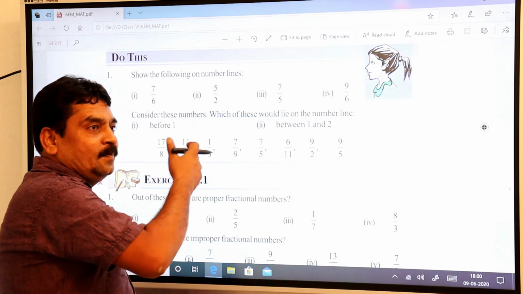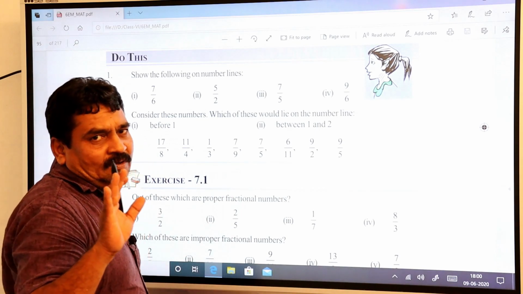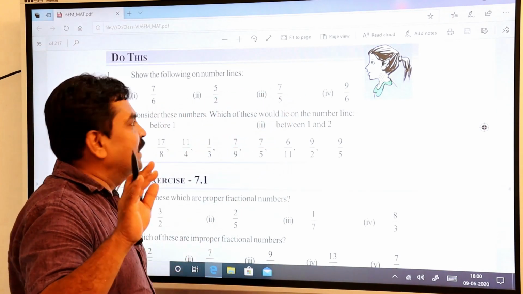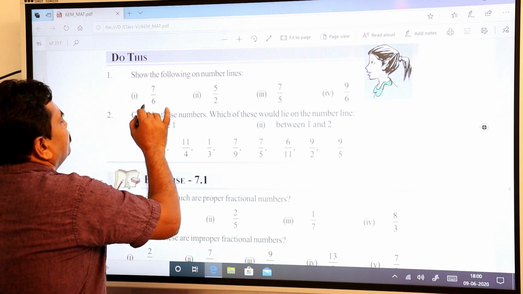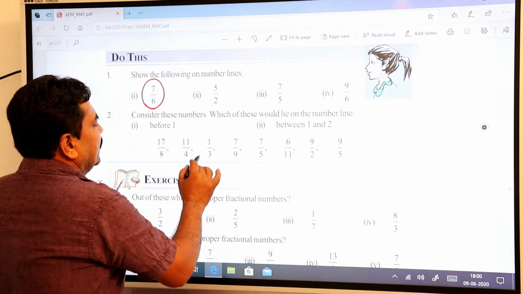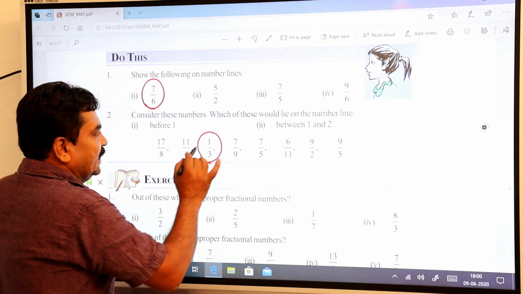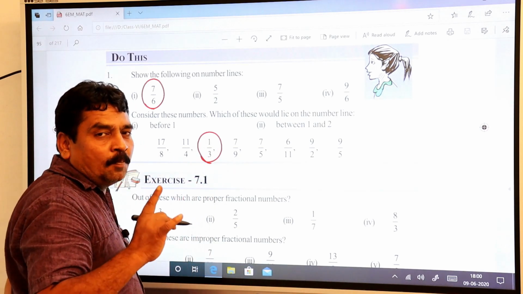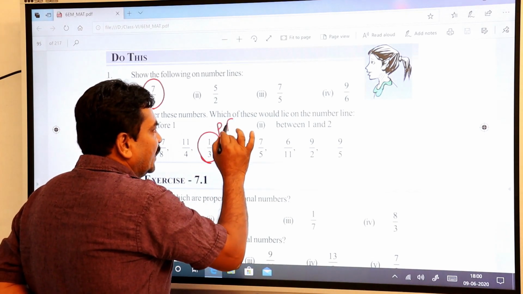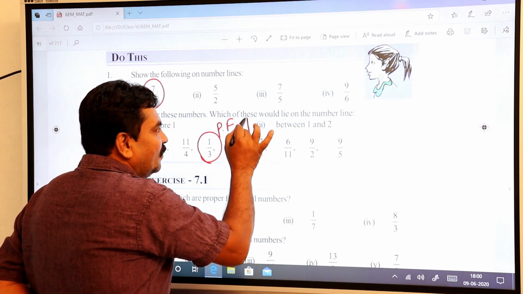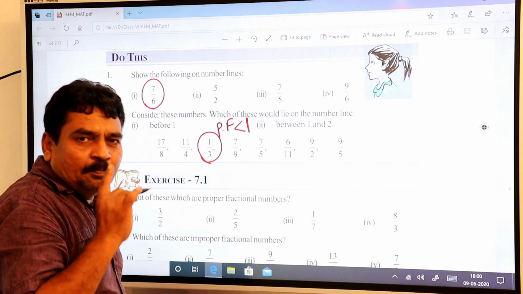That I am going to explain on a number line. Now you see, I'll take two values. One value, I'll take this 7 by 6. And I'll take the other value, this one, 1 by 3. I told you two things, right? Number one is 1 by 3. It is a proper fraction because the numerator is less. So this is your proper fraction and it should be less than 1. Clear? Right. And this 7 by 6 is an improper fraction.